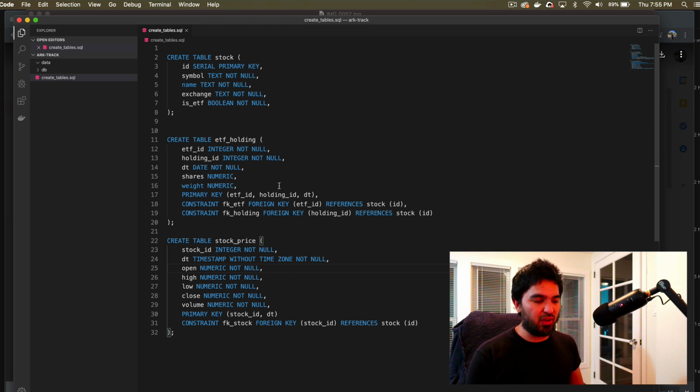Or I can say null them out if I want to keep these records around. There are a lot of different ways I can specify what to do when a record is deleted. So that's our foreign key constraints. And it also validates that I don't insert an ETF holding or a stock price record for a stock that